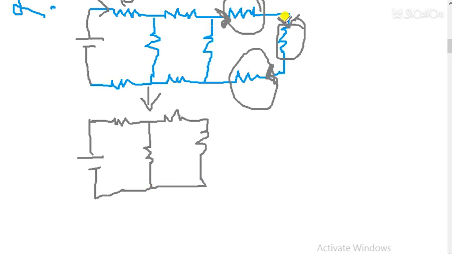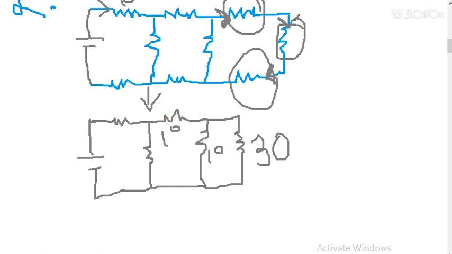So this is the similar circuit. Now these three will make 30 ohm because these three are in series and each resistance is 10 ohm. So 10 plus 10 plus 10 will make 30. So I hope this 30 is clear. This is 10 and this is also 10.